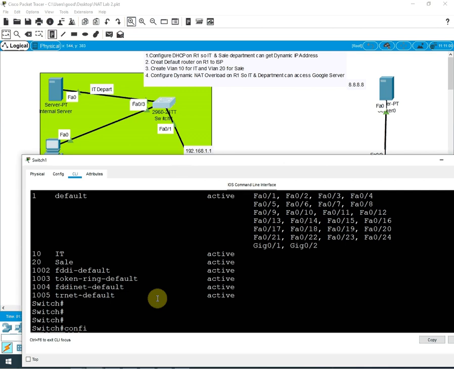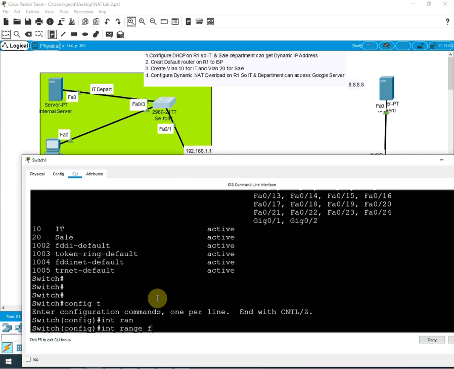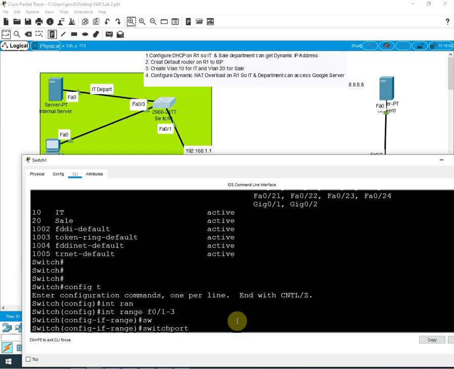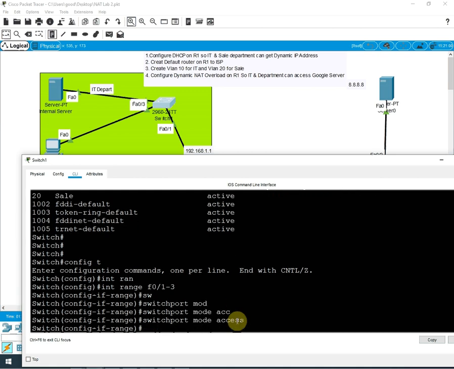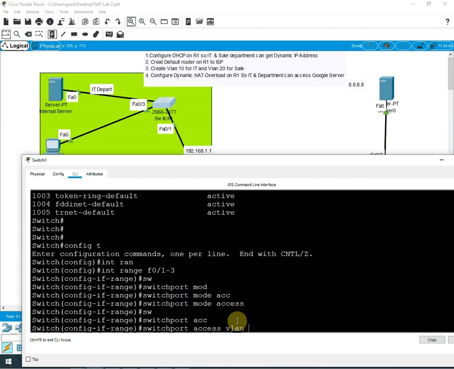I will go into global configuration mode, then write interface range F0/1 to 3. The last PC is this 3: this is 1, 2, 3. Then I will write switchport mode access. This is for security purposes, and then we put switchport access VLAN. What is the VLAN number?